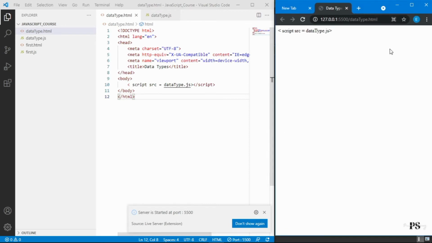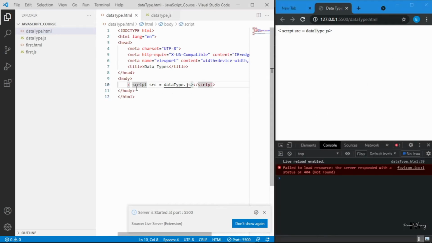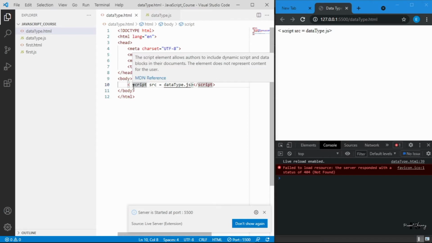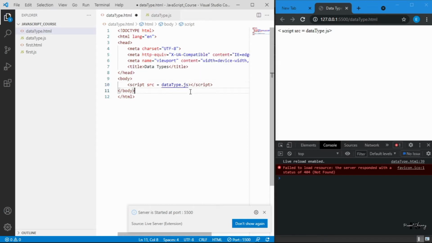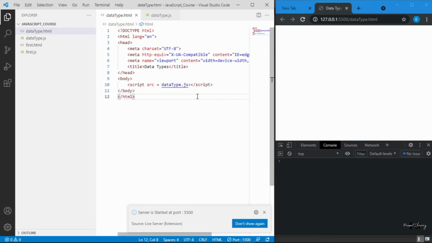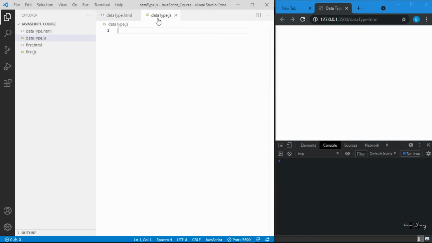Also, the console. Let me check whether our code is working or not. Our previous method, what was that? Console dot log, just print anything.